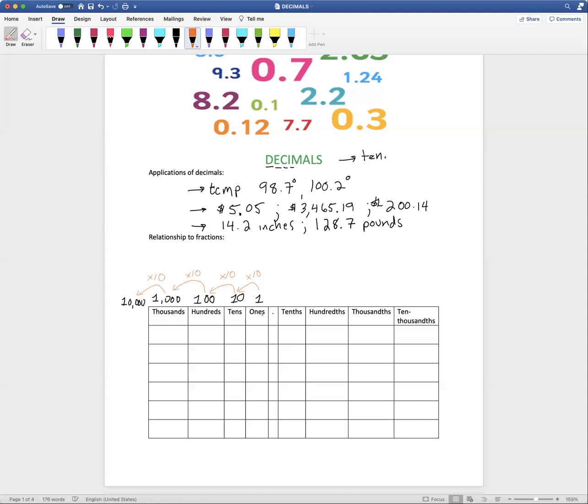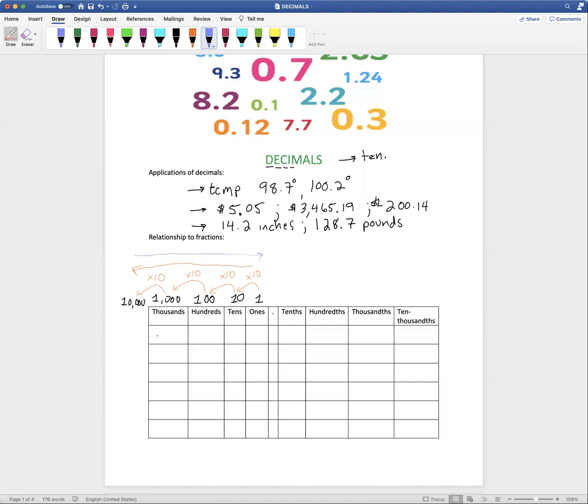So it looks like as you go to the left in our Hindu-Arabic number system here, the numbers start growing by powers of 10, right? We're multiplying them by 10. So what does that mean in regards to decimals? Because these are the whole numbers, and decimals are the numbers that happen in between the whole numbers. So what does that mean as we go to the right? Let's change numbers here. So let's say we're going now to the right. Well, let's go in the other direction. How do we get from